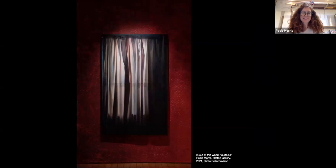So this one, I don't need to say too much about. It's called Curtains. It's playing on this idea of illusion, of which of course there's so much from Roman wall painting, but also this idea of a screen and what's behind it and what's outside. And it's a very domestic image of curtains in my bedroom at home, that I've inserted into this